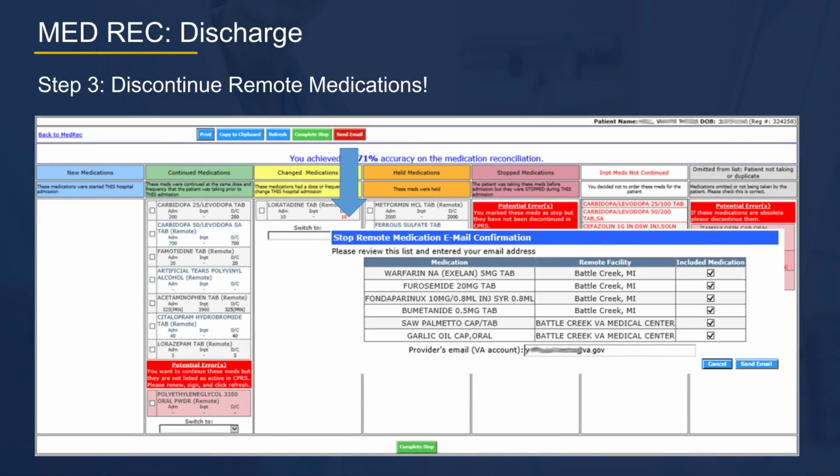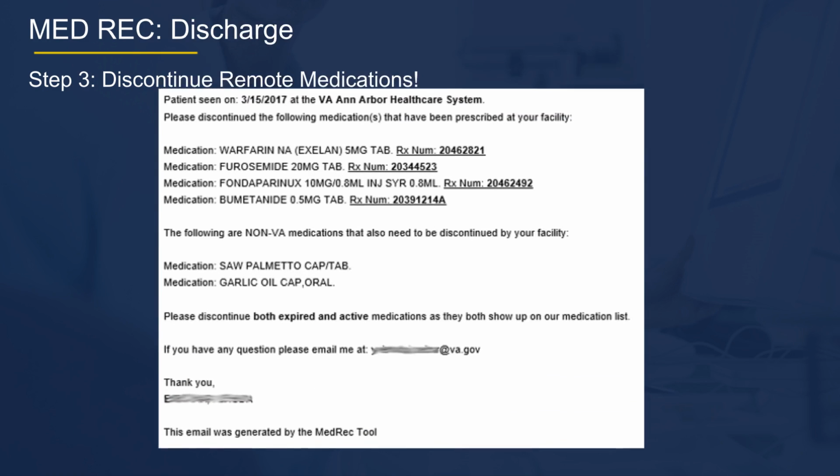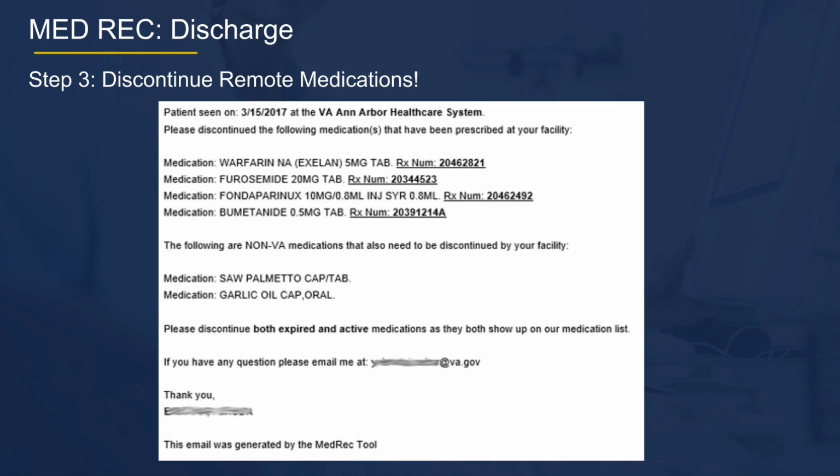One popular feature of the Navigator tool is the Discontinue Remote Medications feature. It can be very difficult to discontinue medications at another facility. This can be dangerous as the patient may still pick up the discontinued medication prescription. Using the DC Remote Medication button, the tool will generate an email to the prescription cancellation email address of the